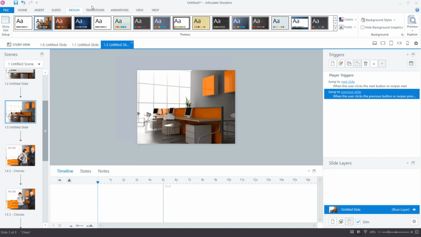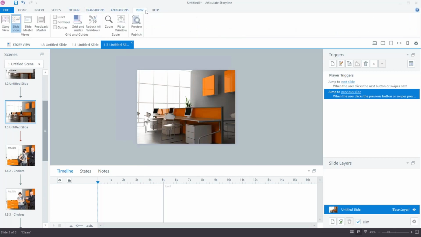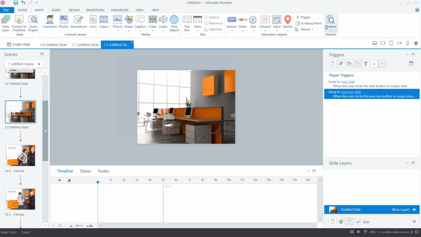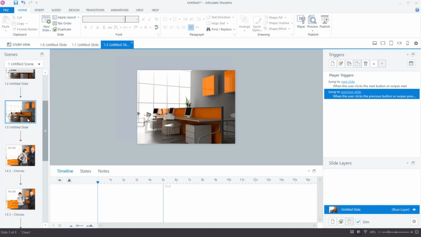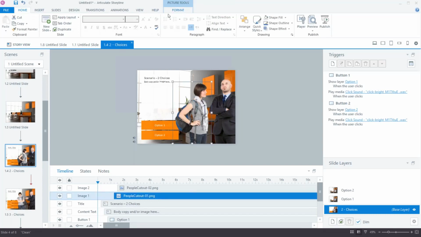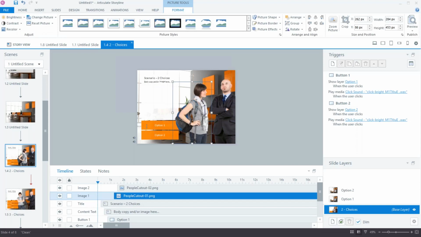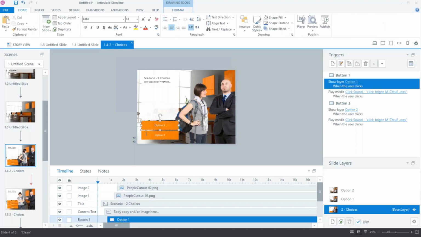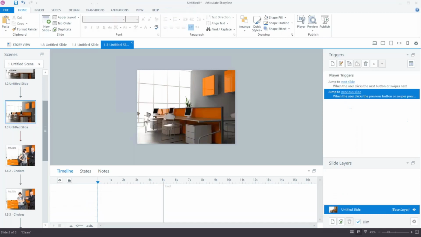So you can see that there's all these different tabs up here that I can go to, and each tab will pull up a different set of ribbon tools that you can use. And sometimes, when I come in and go to an object, you'll also see some specialized tabs appear, these picture tools, that now I can go in and do some stuff to the picture. Or if I went in here, there's drawing tools. So you can see that this ribbon and these tabs will adjust based on what you're working with at the time. And so that's kind of a general overview of what's up here.